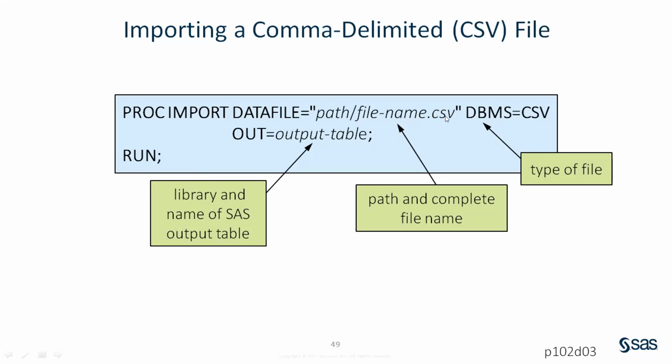along with its extension. The option you provide is DBMS, telling SAS the type of file, database management system. DBMS equals CSV. In case you are importing Oracle, it will be Oracle. In case you are importing text, it will be text. So this is the type of database system file.